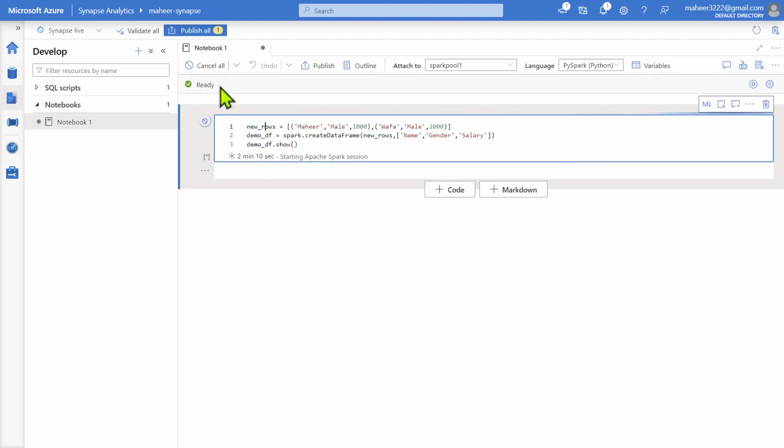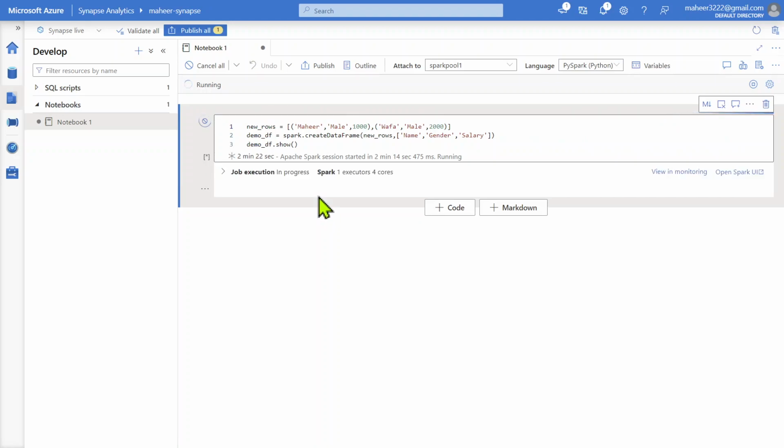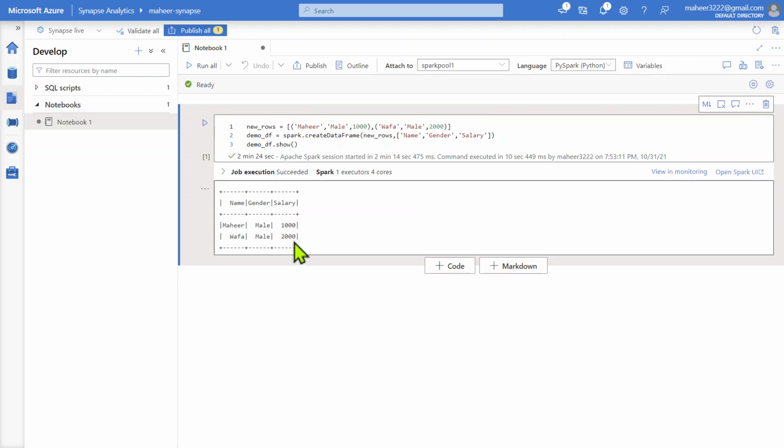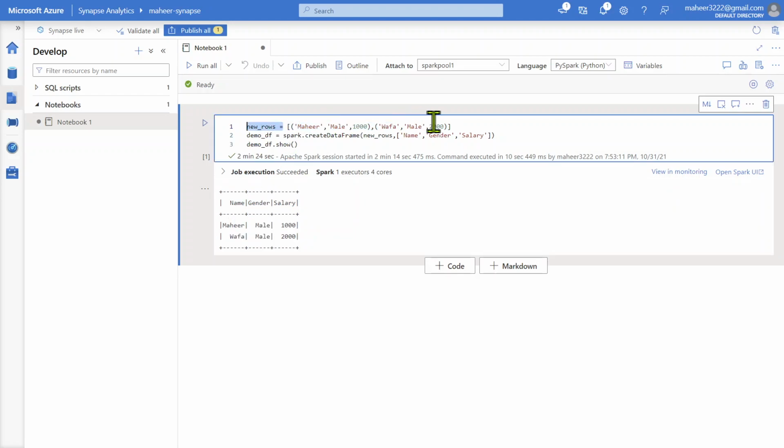Great, you can see our Spark session is ready actually here. Now the Spark session is running. It is going to show our results in a couple of seconds below. See, job execution started, which is currently in progress. And if you see now, our data frame has columns and also two rows. So these two rows we actually built as a list first into this variable, and we passed that entire list into the createDataFrame function, and also we passed another list to define our column names, okay. So this is how you do that.